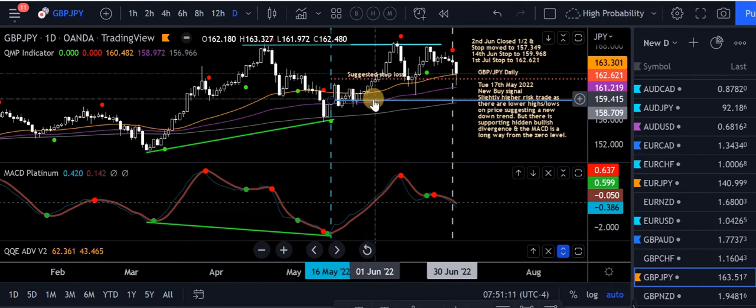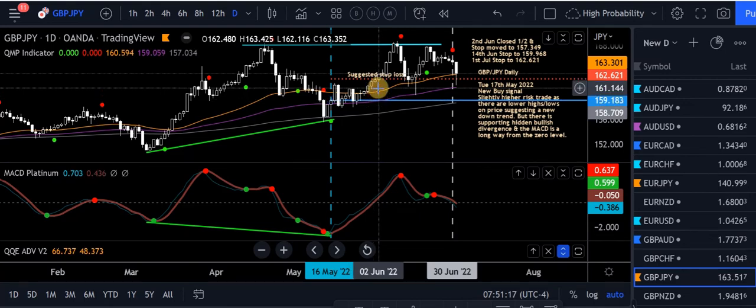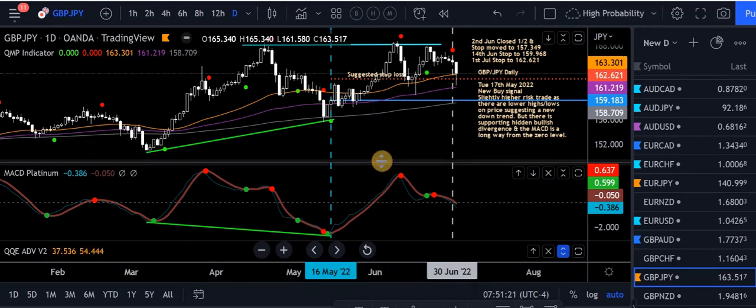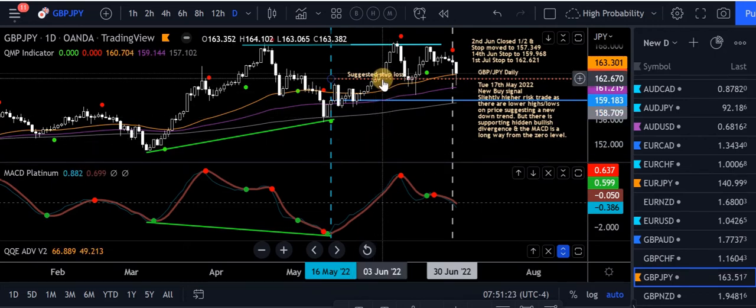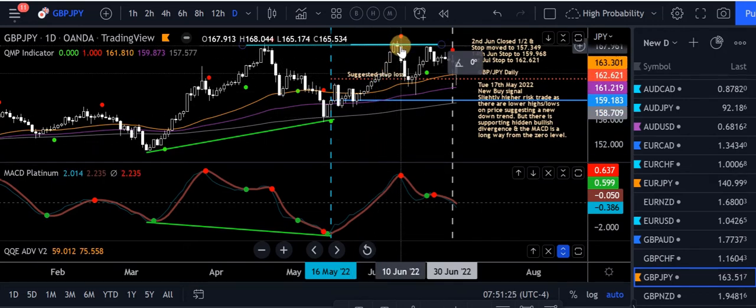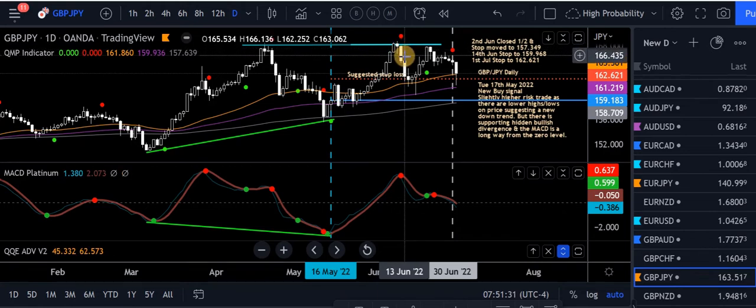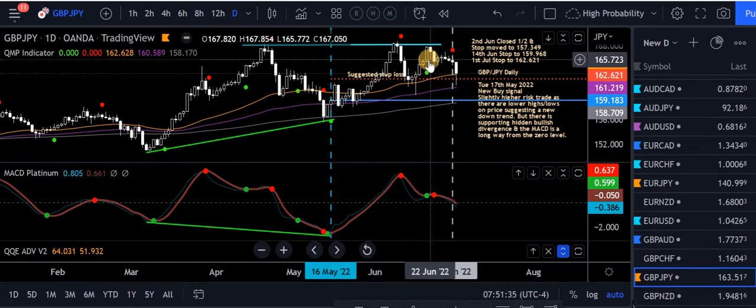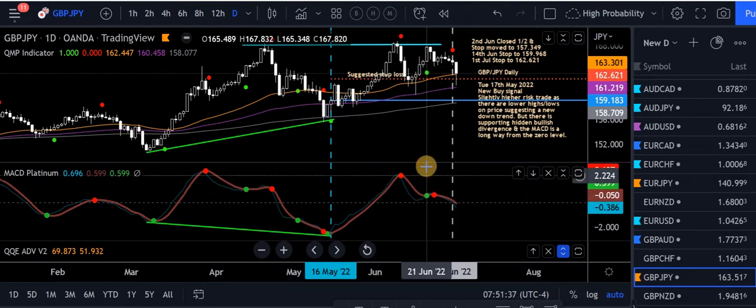So what did I say? 2nd of June closed half, 2nd of June. So on the open of this candle here, just close to these previous highs, MACD through the zero level, so we took a profit there. It's gone up. We could have probably trailed this stop up nice and tight to this high here, or closed out. I didn't. I chose to just bring my stop up a bit higher. And there's a buy signal there, not valid though.